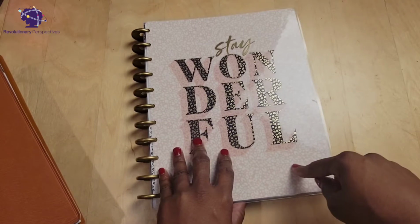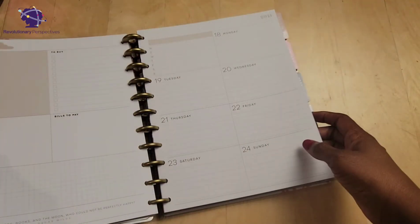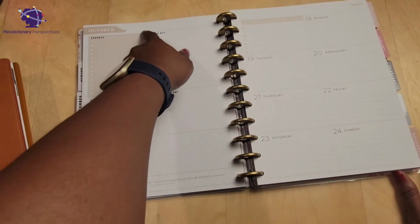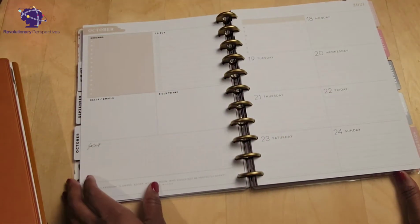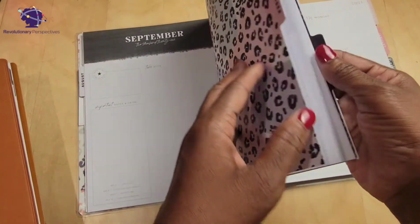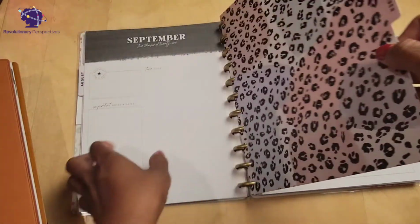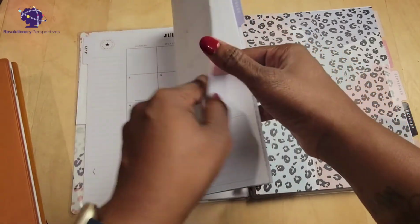This is my updated work planner for my full-time position. Changed to the dashboard layout from Happy Planner. I was in a teacher's planner last year that allowed me to kind of list the different tasks throughout the year. I did not find that to be as effective. I may go back, we'll see, I don't know, give it another try. But so I'm using the dashboard layout for this upcoming school year,